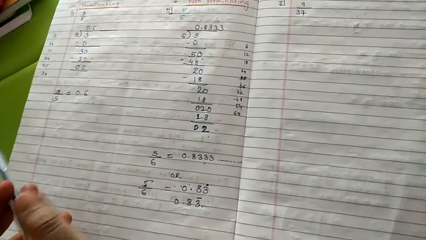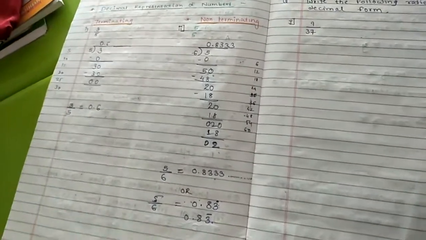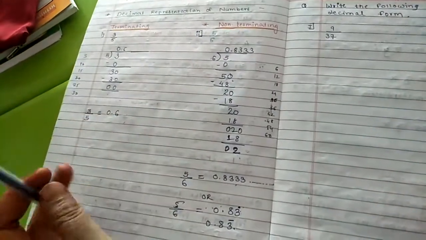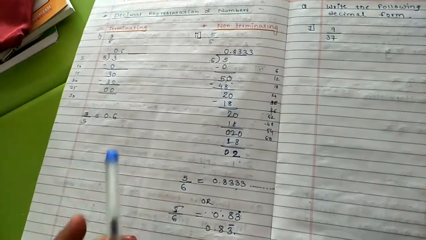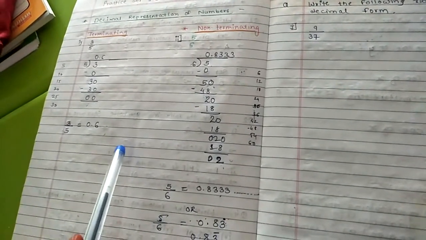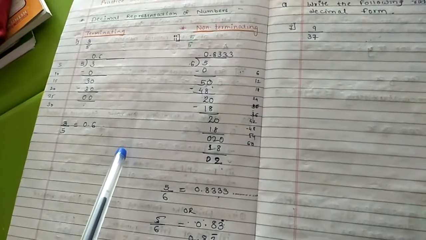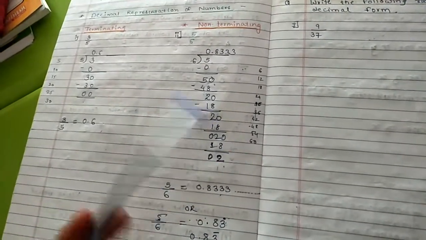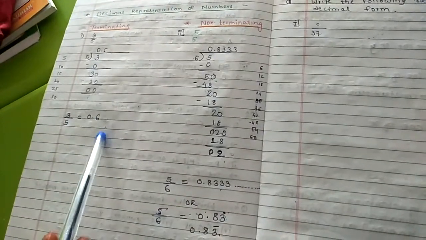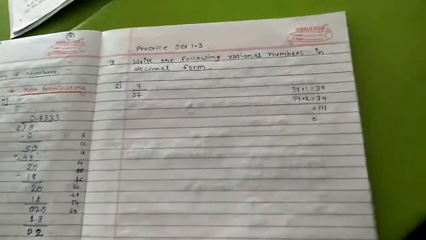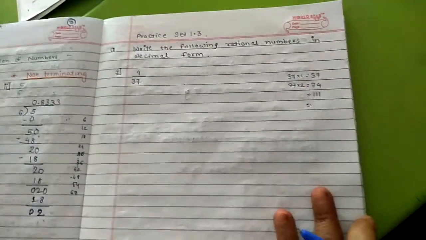So now, in short, what you have to keep in your mind is that the decimal representation of numbers has to be shown in this style. If the question asks you to write down the following rational numbers in decimal form, then you have to carry out the division, and whatever the question will be, you have to write it down below. Now we are going to see another sum.